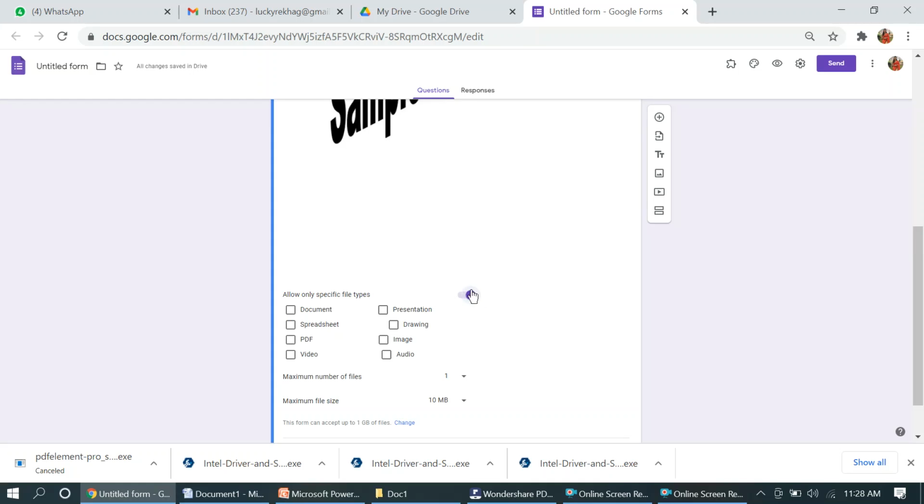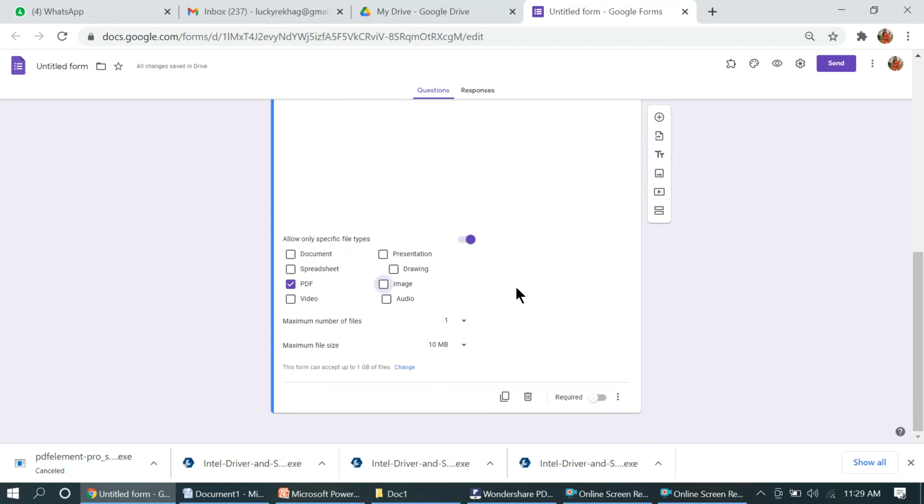For this you will enable this option, and from here you can accept images, PDF, or any document to be uploaded, that depends on you. I would suggest that you ask to upload only and only in PDF format, right? But it's your choice only.